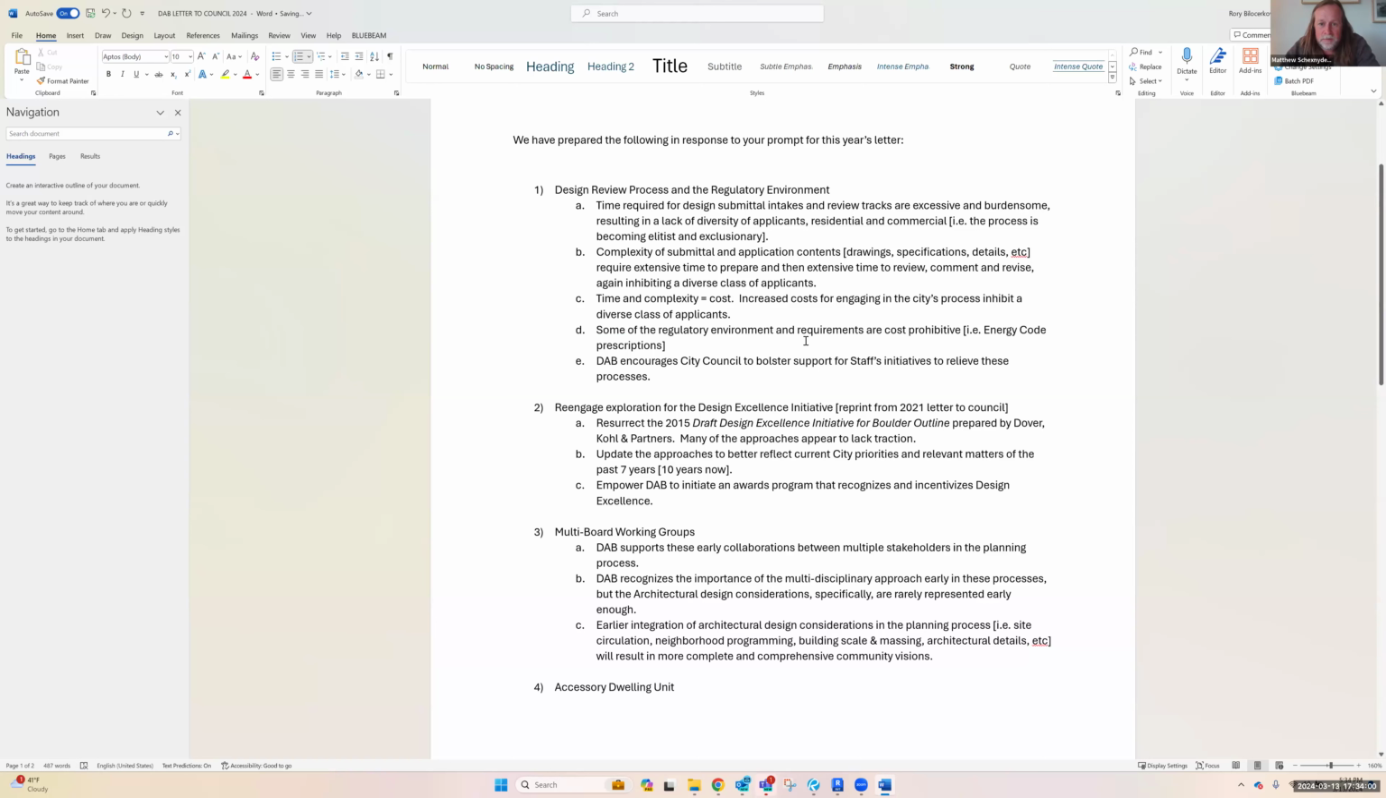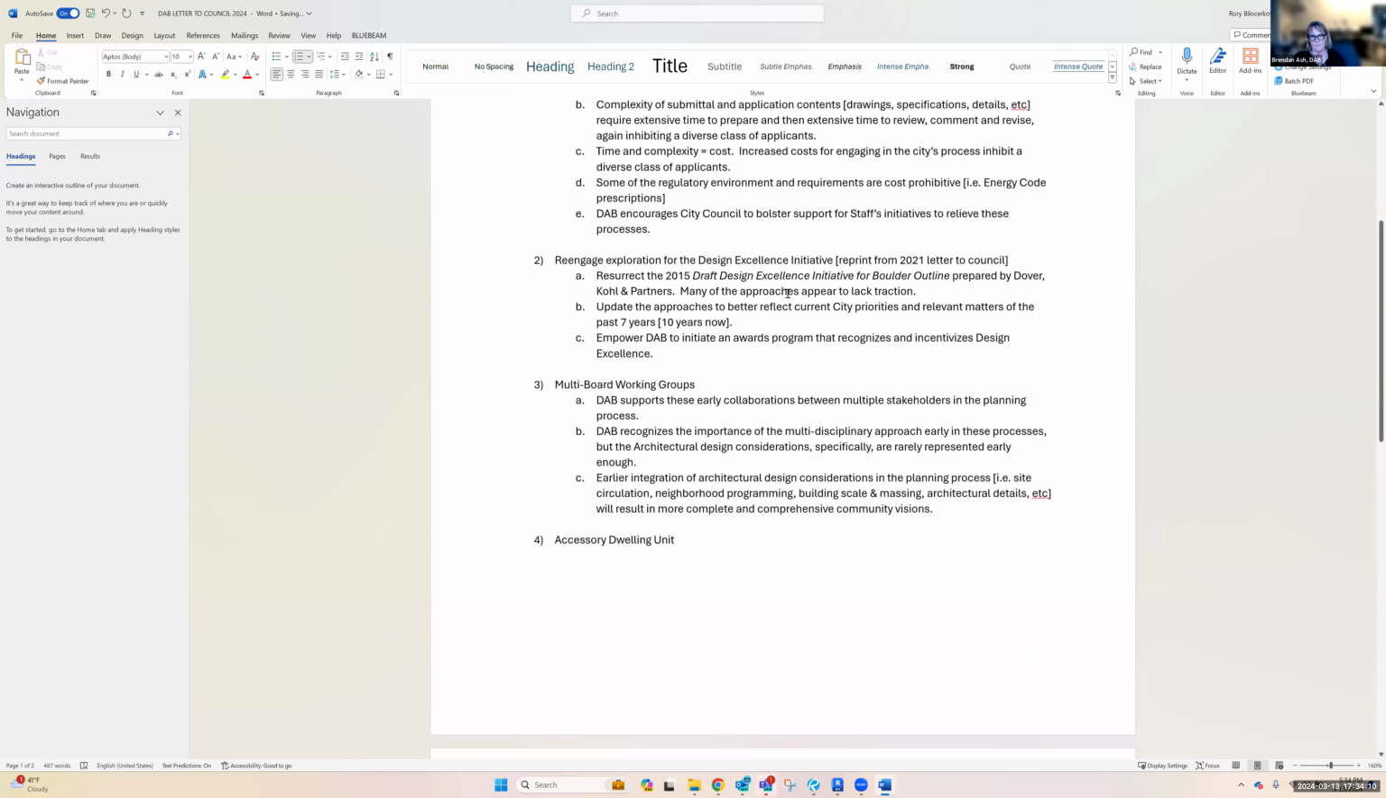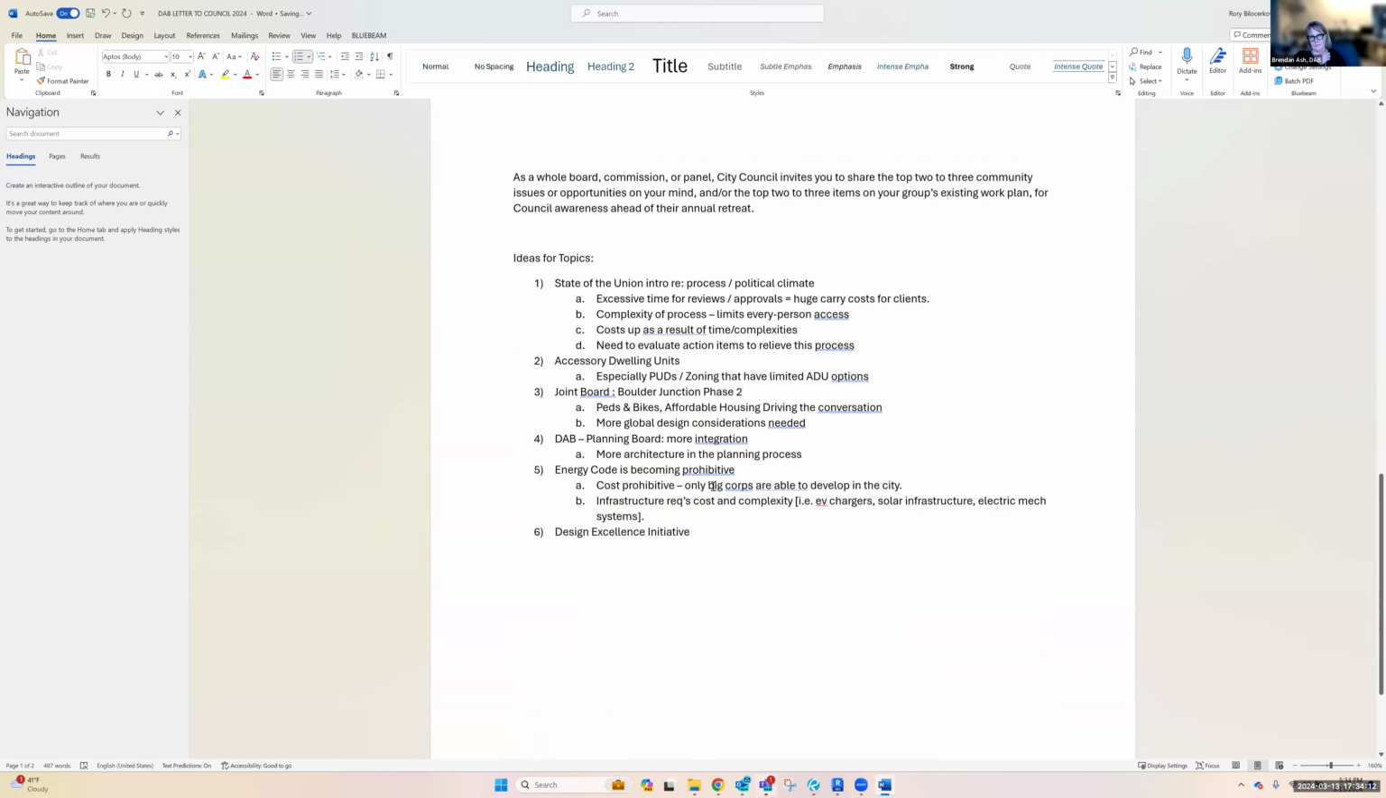Yeah, environment good, and requirements are cost prohibitive, i.e., energy code prescriptions. Yep. Okay. Let's tap into this ADU thing, because I think